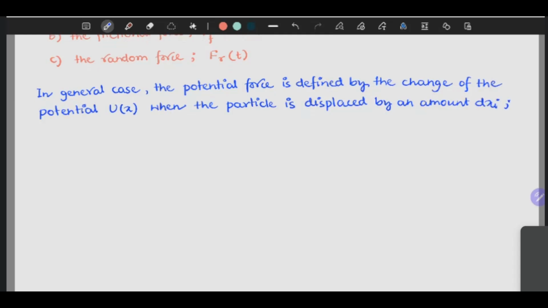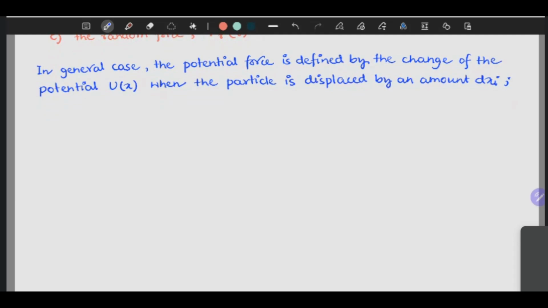Remember, these are not simple coordinates, these are generalized displacement coordinates. So then dU is equal to minus sum over i of Fpi dxi, because this p stands for potential, so this is 1,